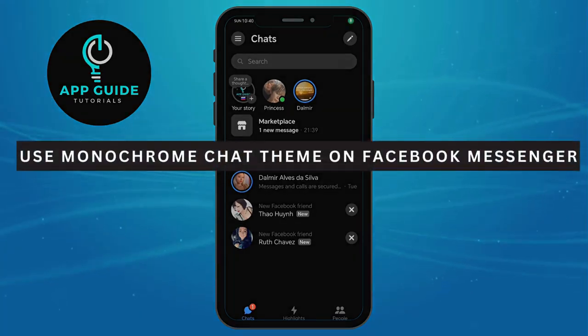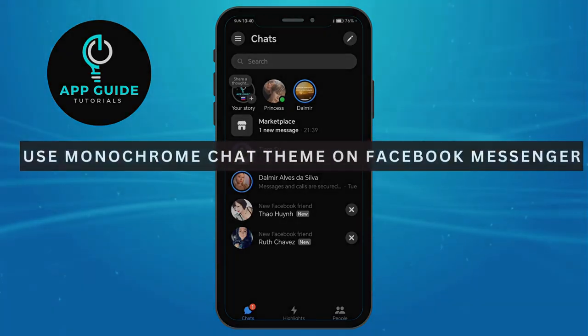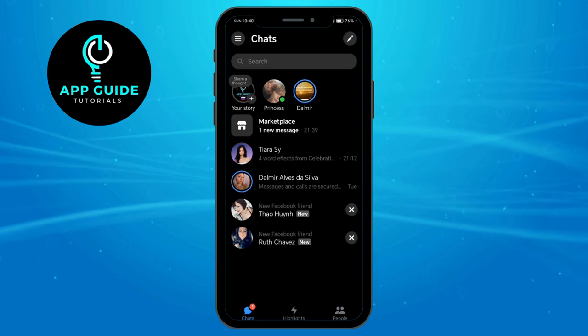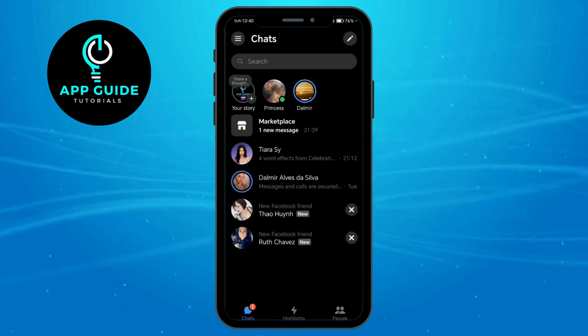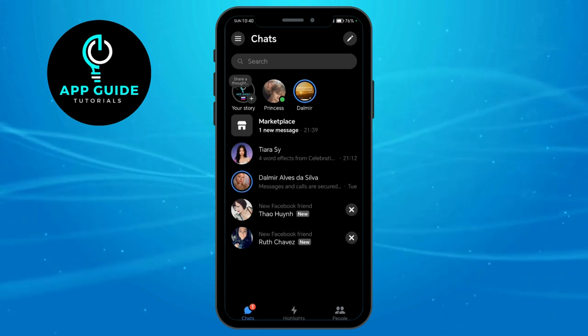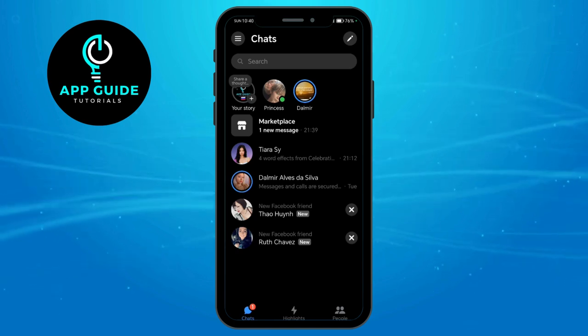How to use the Monochrome chat theme on Facebook. Now, let's say you want to change a chat theme on this specific conversation. The very first thing you're going to do if you want to change the theme of a Facebook Messenger